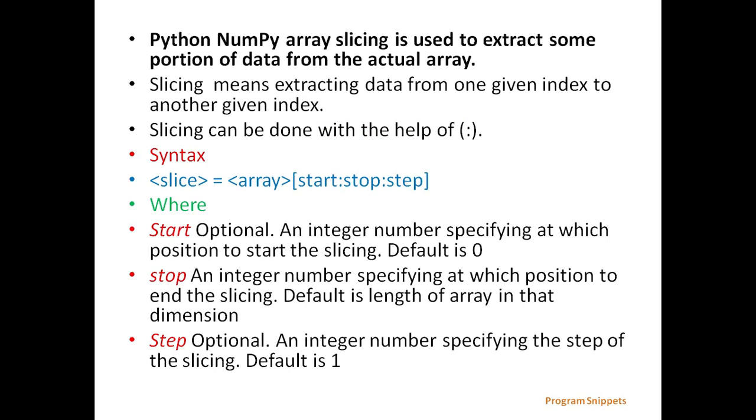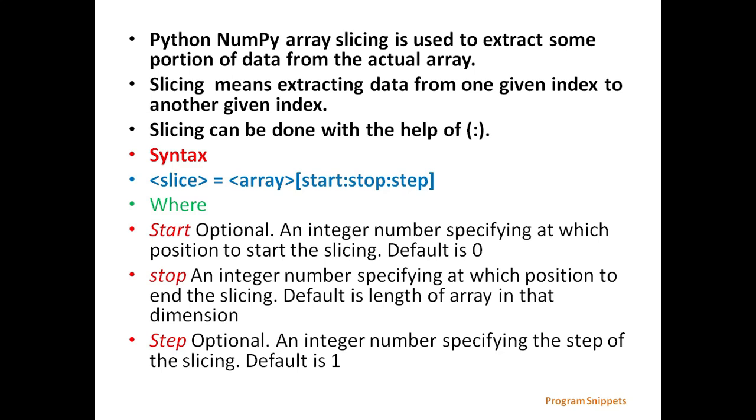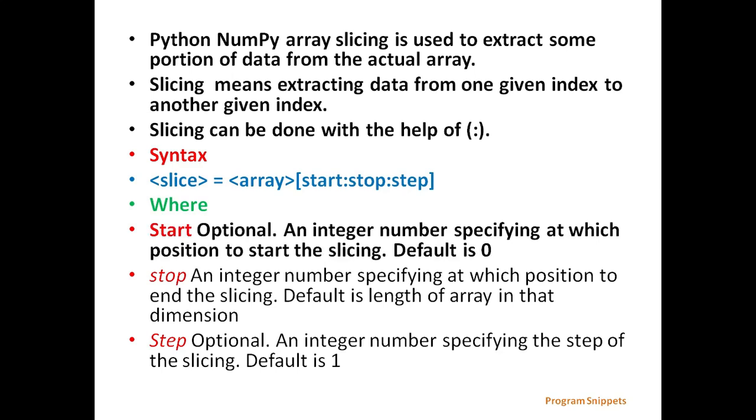Here we will see slicing in NumPy. Python NumPy array slicing is used to extract some portion of data from the actual array. Slicing means extracting data from one given index to another given index. Slicing can be done with the help of colon. General syntax is slice equal to array with parameters start, stop and step, where start is an optional parameter which